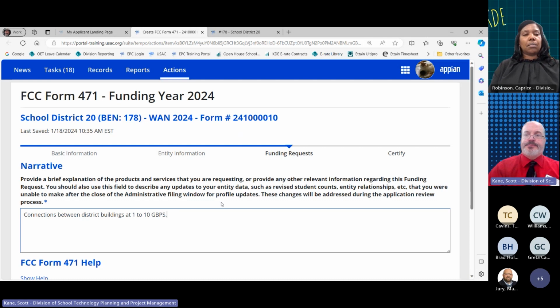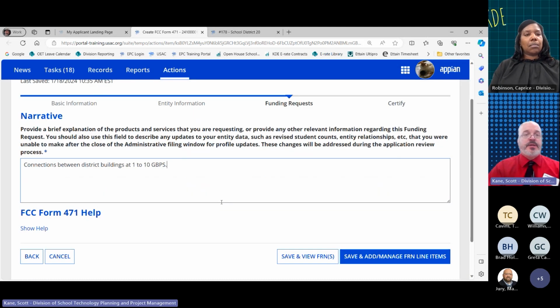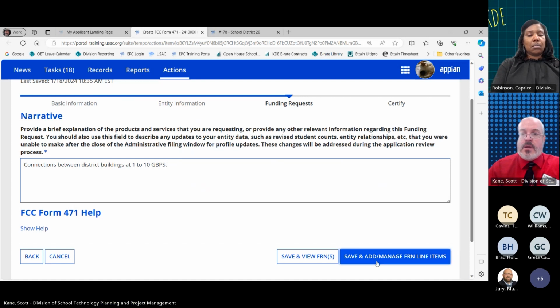Something really simple: connections between buildings, and give a speed. That might be a little bit bare bones, but since we're trying to get through a lot of material today, we'll keep this simple.